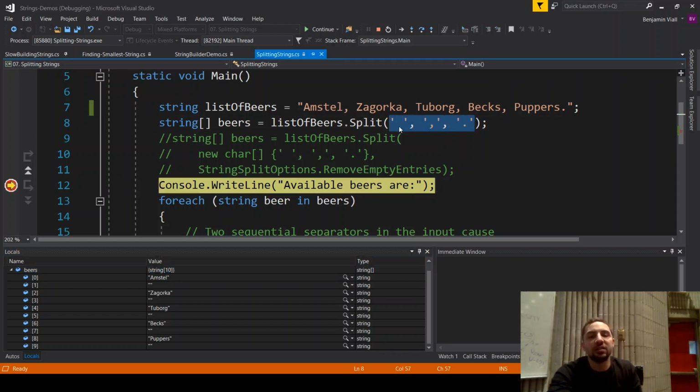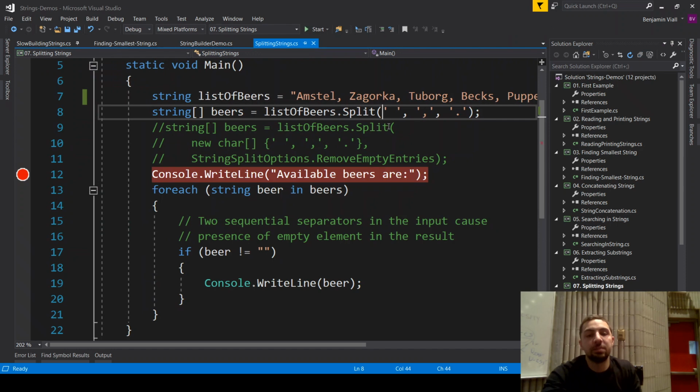If I just split on commas, this would be a little bit different. Let's split just on commas for a second. I split on all 3 of those characters. If I rerun this,